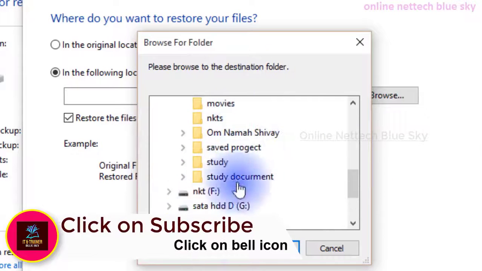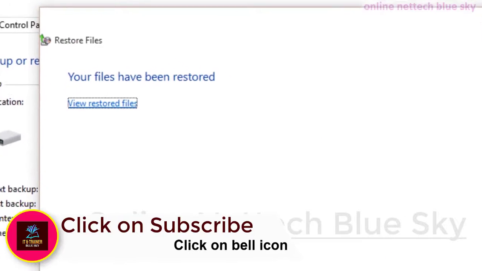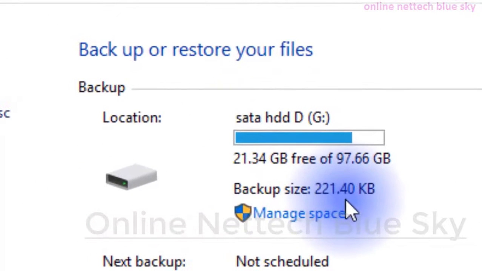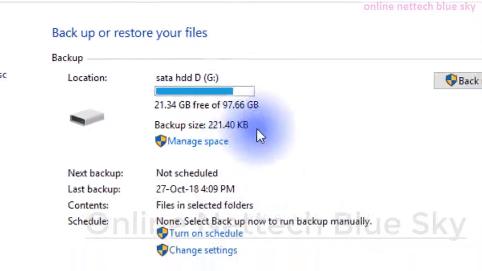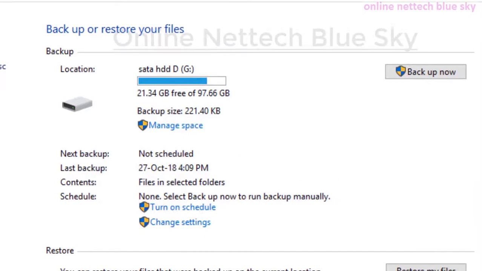I have only one hard disk. Click here and the partitions are shown, and this is the restore partition for my data. The backup size is 1.40 KB, which is very small, my computer backup document.